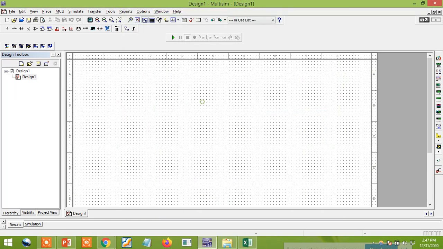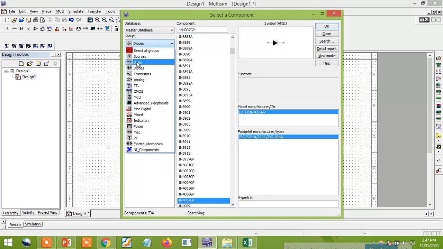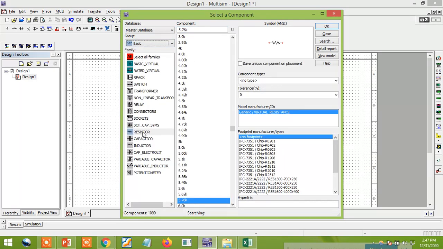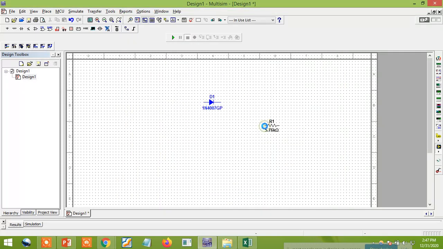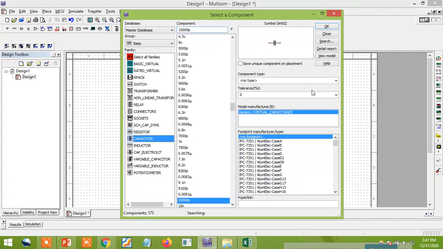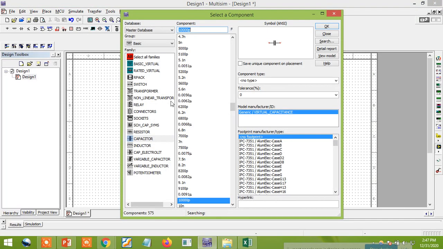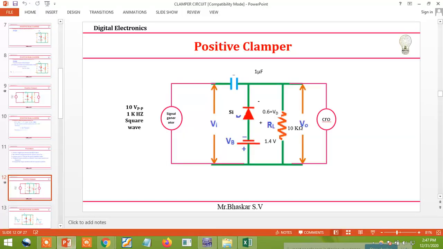Next you want the resistor, so you can get it from the basic components. Just go to basics, select one resistor. And next you want one capacitor. In order to get the capacitor, I'll go for the capacitor and select this capacitor. So resistor is over, capacitor is over, and the diode is over. These three are done. I want the power supply.